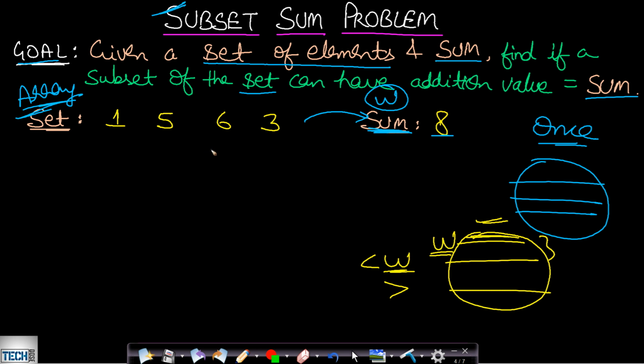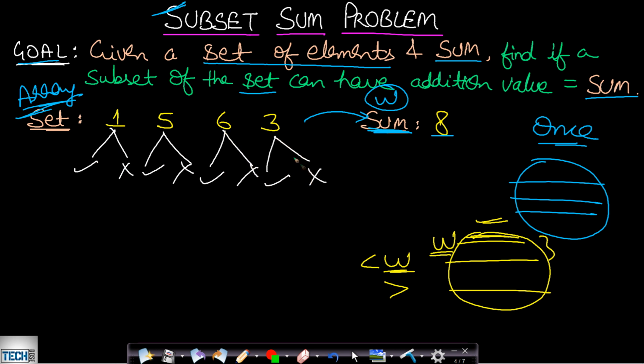So in this problem as well, we will again be making choices. For this one, we can either select it or we can skip it. For 5, we can select it or skip it. Again for 6, we can select it or skip it. Or for 3, we can select it or skip it. Now if you see, in this case we want to find sum equal to 8. So if you select this 5 and this 3 and you skip these items 6 and 1, then your sum will come out to be 8 and the subset will be 5, 3. So this is a variation of the 0-1 knapsack, because here the number of instances for each item is only equal to 1.